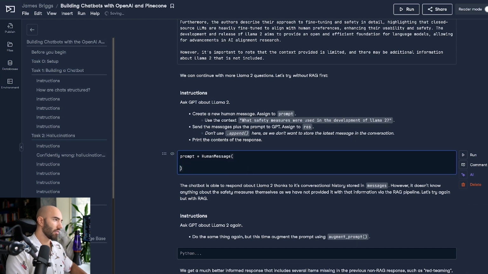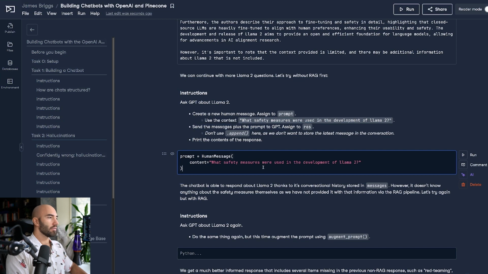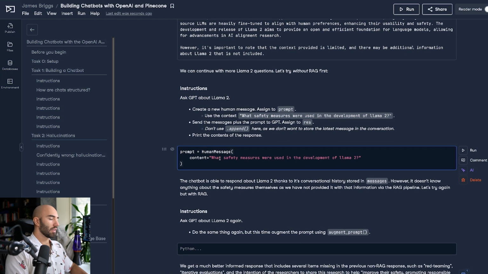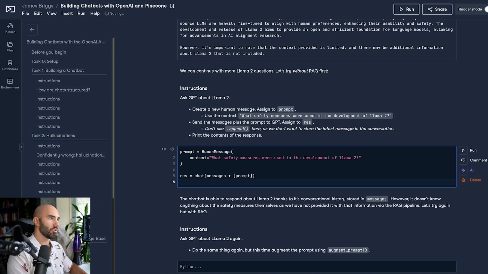We're going to have our content, and content this time is going to be about the safety measures used in the development of Llama 2. What we're going to do is send this prompt plus our messages over to our chat model, but we're not going to append the prompt to our messages because I want to see what sort of difference we get. So we're going to do messages plus our prompt like this. Okay, so we're just going to append them within the chat function itself. And then let's have a look at the response content.